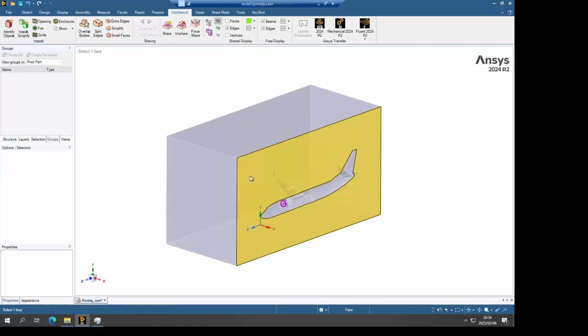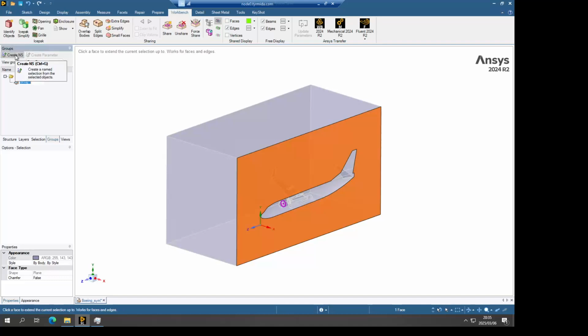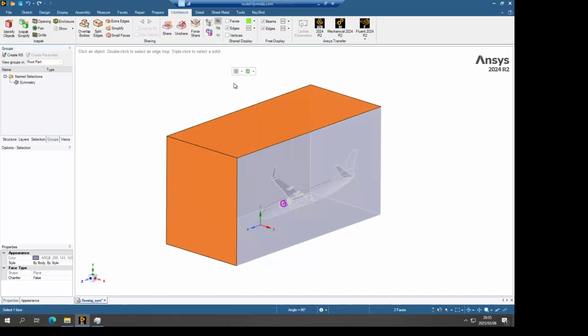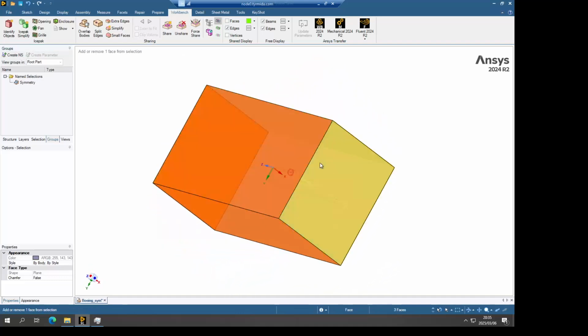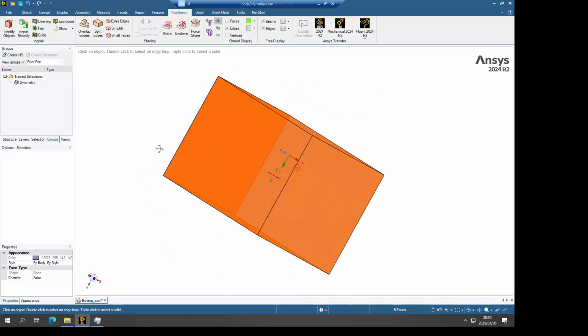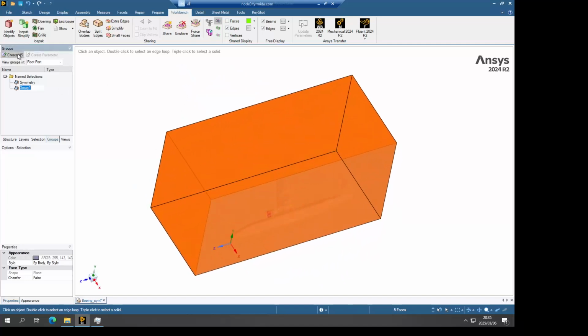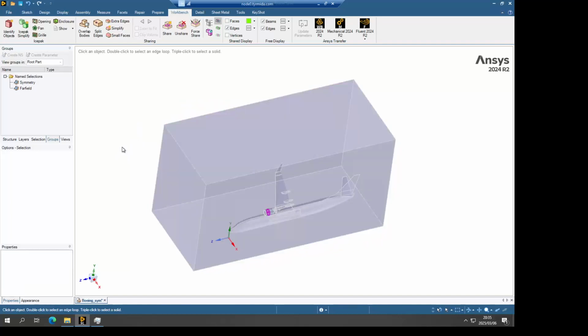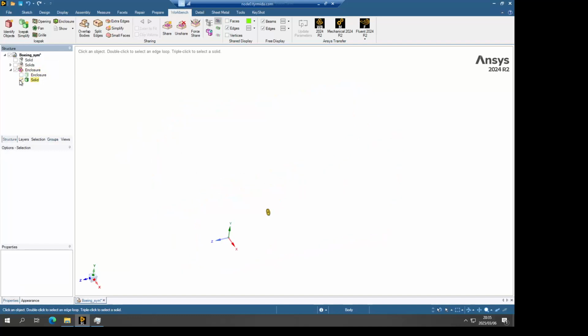Next up we need to create some names that we can use to set our boundary conditions. First of all, let's name our symmetry plane. Just going to call it symmetry, and then we're going to group all the other external surfaces together and call that the far field, which we're going to use as the pressure far field in our simulation. And then lastly, we also need to name the parts of the engine component.